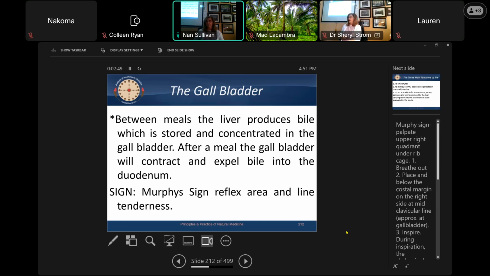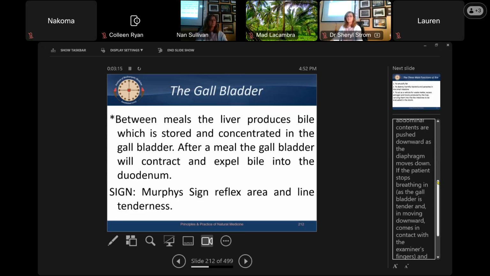It doesn't hurt me, so I guess I'm fine. And then you're going to push, and then have them inhale. Wait, I already said that. Sorry, I meant to say exhale. Okay, and see if they have any pain. And then during that inspiration, hold on just a second here. During that inspiration, if they have a gallbladder, you should be able to move that bile out and have it pass into the rest of their gut, okay?